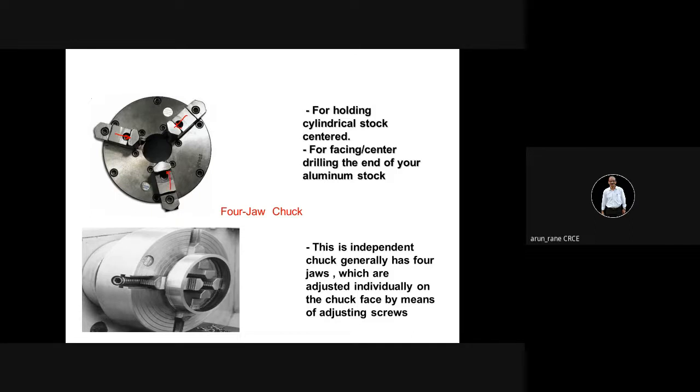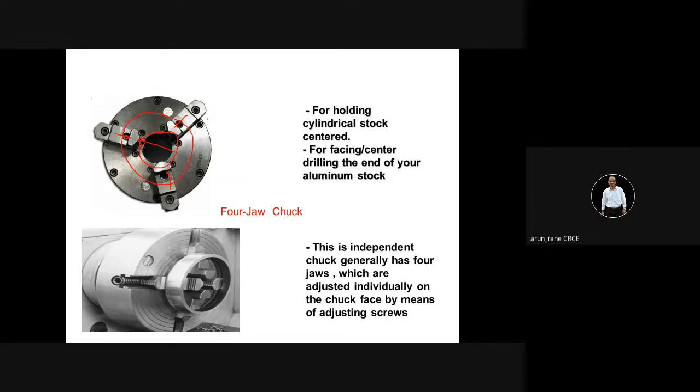And if you are using this space, then it can be used for external clamping like this. This will be your external clamping, whereas this, if you are using it like this, then this will be your internal clamping.